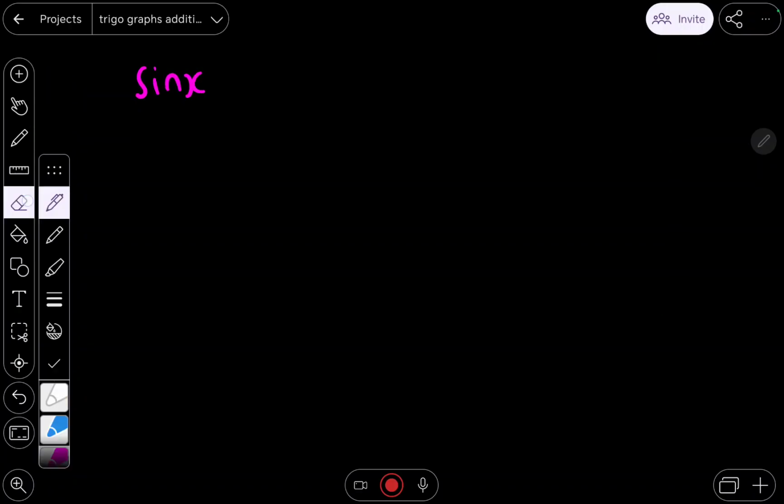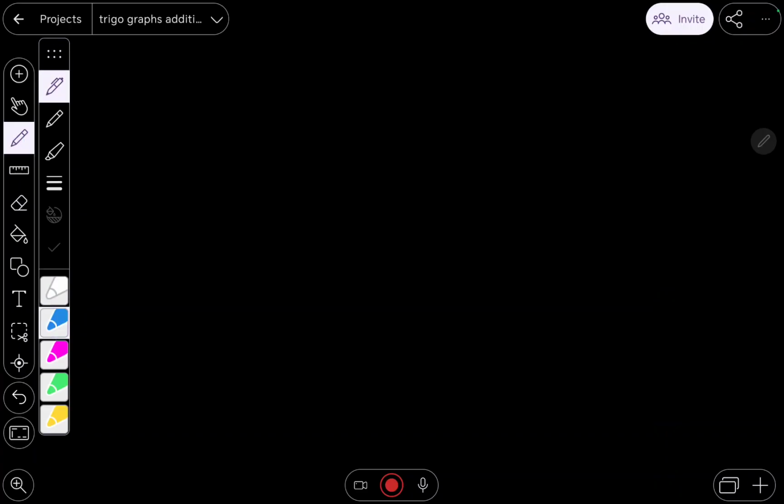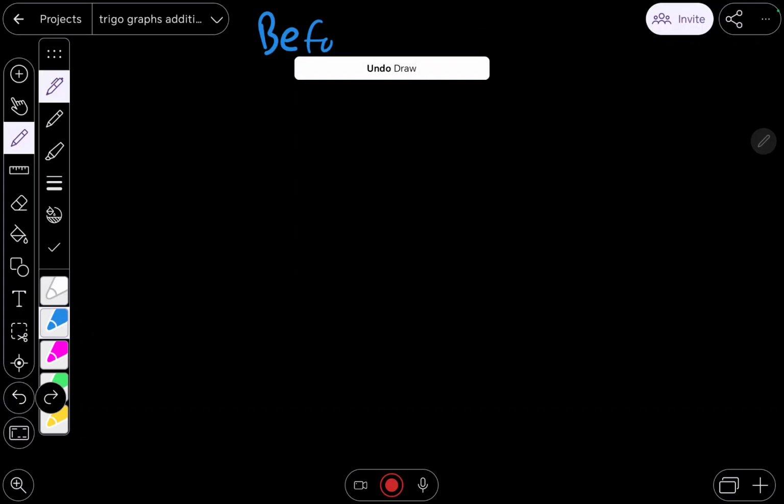Okay, but before we look into sine x graph, let me tell you what are the things to consider. So before drawing a trigo graph, actually before sketching,